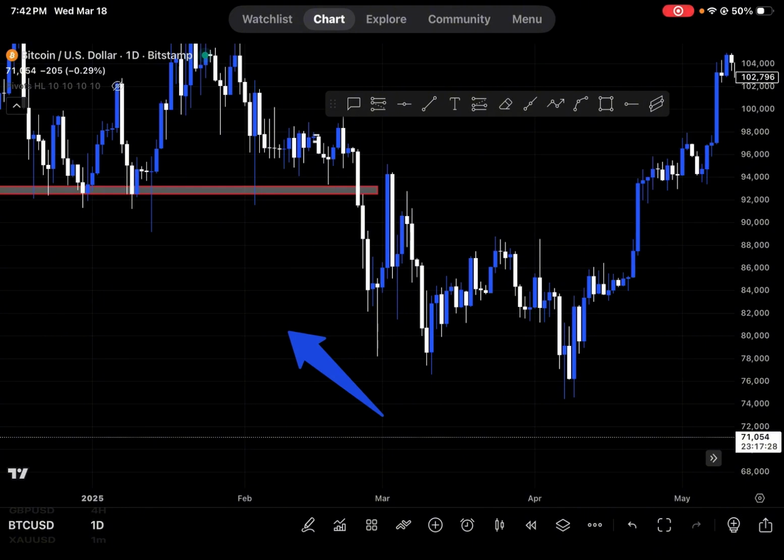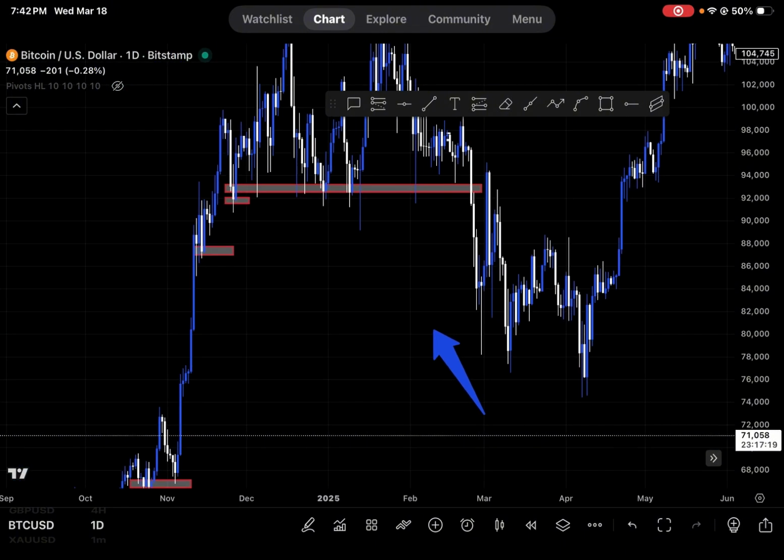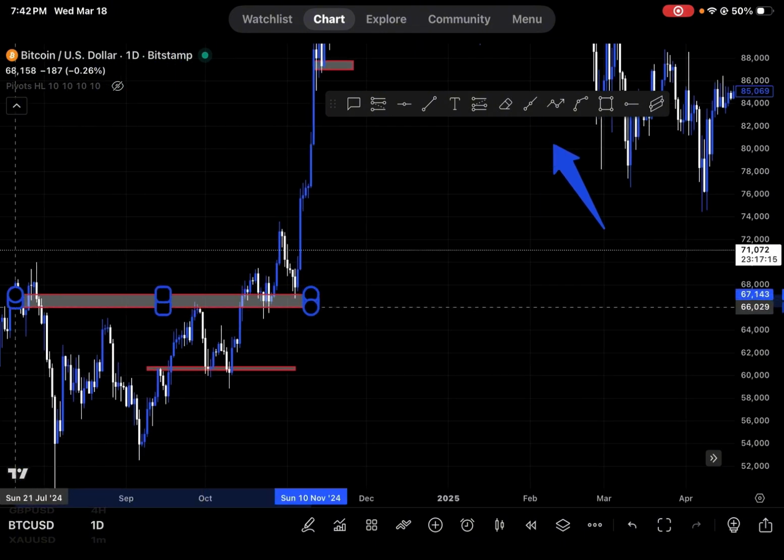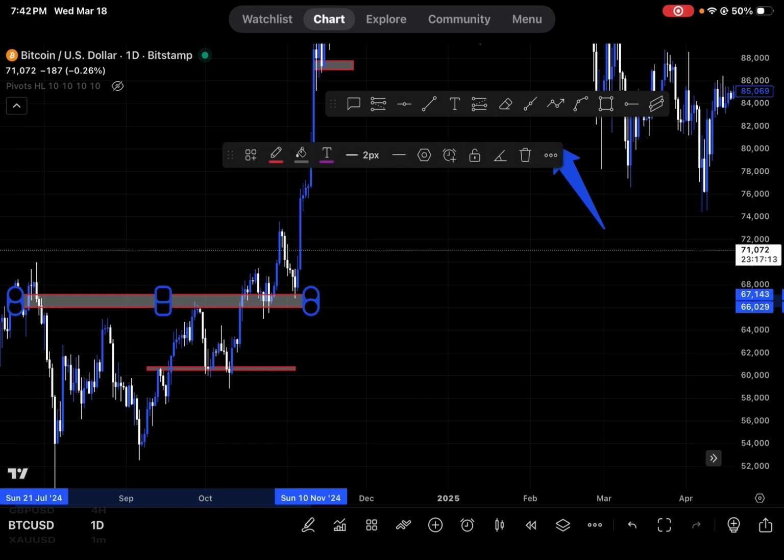So as support or resistance, you need 3 or more touches of candlestick, or maybe just one. But if you drag it across, it should be able to give you more than one, just like this right here. You drag it across, you see that there were other areas where it was once resistance,